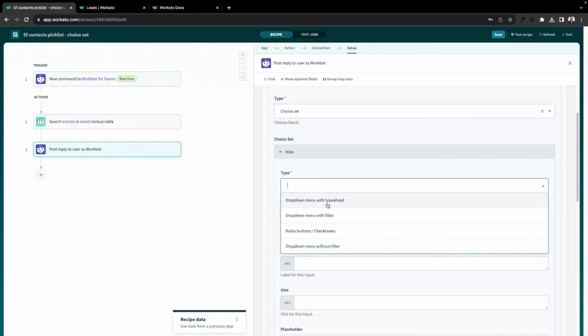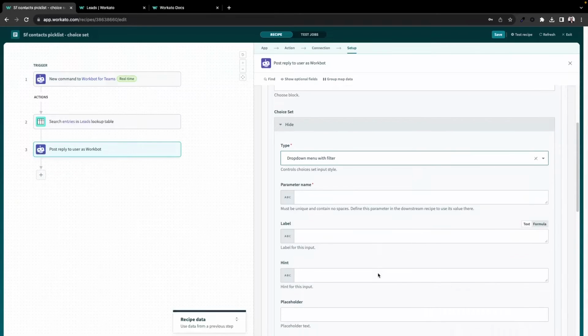If you want me to make a separate video on how to do this one specifically, please make a comment below. But the difference between those ones is that this is a radio drop down and drop down, which you can just pick one from the list. And this one, it's a dynamic list, which also will search in your database and populate depending on what you search for dynamically. So if you select one of those, like for example, drop down menu with the filter,